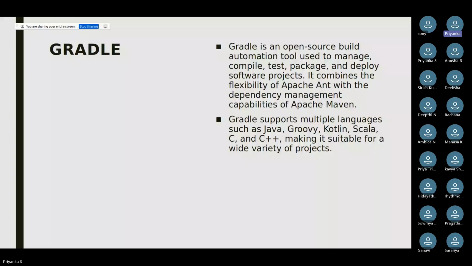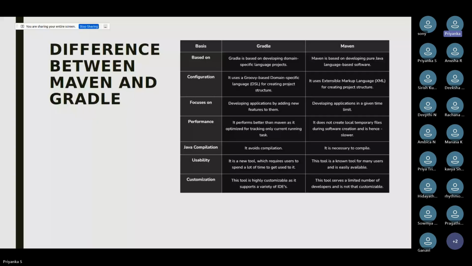And then continuous integration. It is very friendly to continuous integration, easily integrating with CI/CD tools like Jenkins. It is very easy for us to use it with Gradle. Hence mostly Gradle will be preferred, but in the VTU syllabus we have both Maven and Gradle. Then moving on to the differences